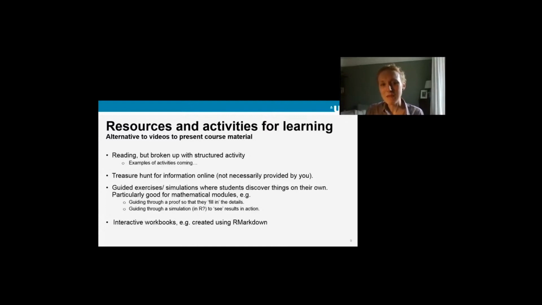Something else that's very popular with students is this idea of guided exercises or guided simulations. So if, for example, you have a very mathematical module, you might be presenting proofs. And it's very easy for students to read through a proof and think, yeah, I understand, no problem, move on to the next thing. But what I like to do with students is